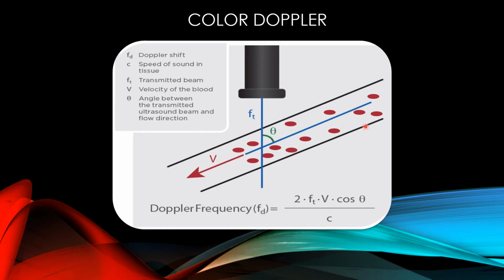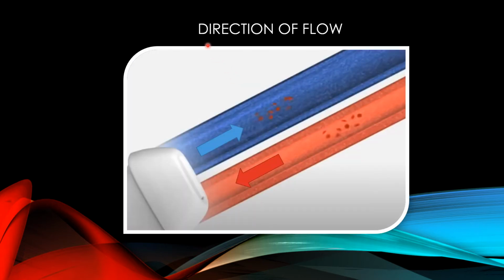Color Doppler is an imaging technique that uses sound waves to show the movement of blood through the blood vessels by measuring sound waves that are reflected from moving red blood cells, as we can see in this schematic. Color Doppler uses computer software to visualize sound waves as different colors that show the speed and direction of blood flow in real time. When blood is moving towards the transducer, it is termed a positive Doppler shift and represented as red flow. It is termed a negative Doppler shift when blood cells are moving away from the transducer and